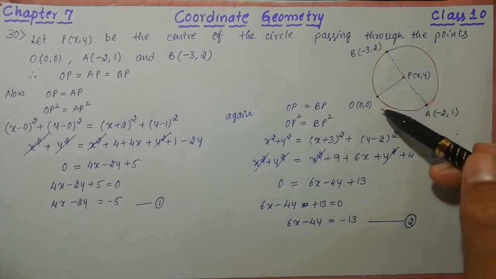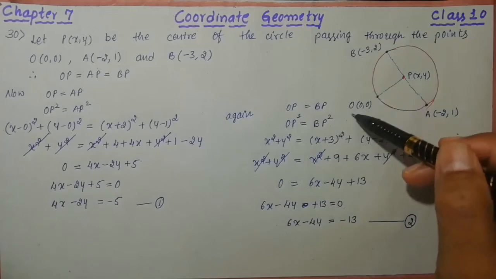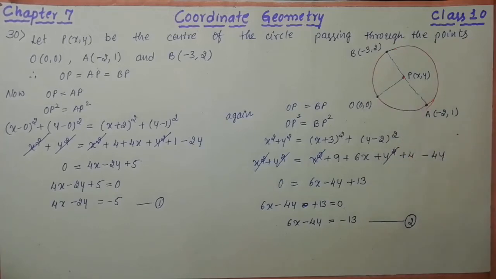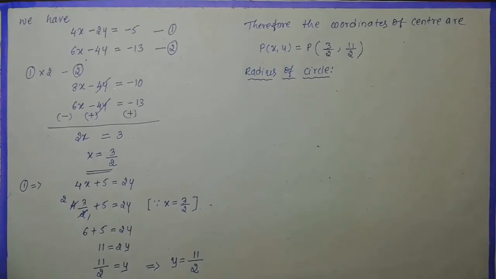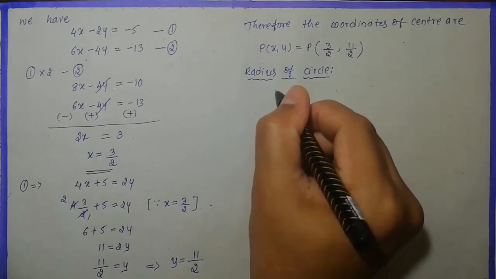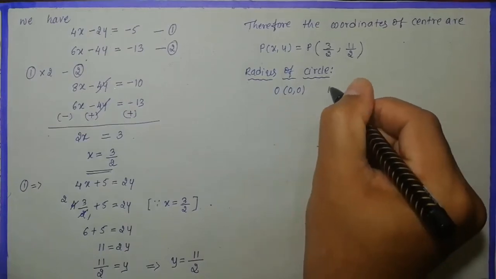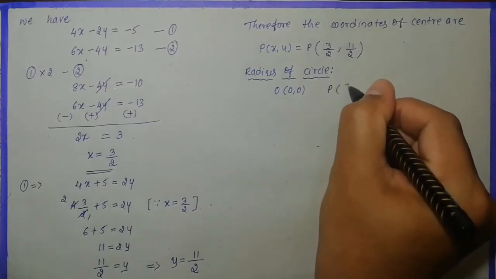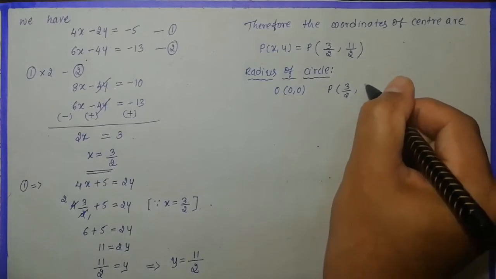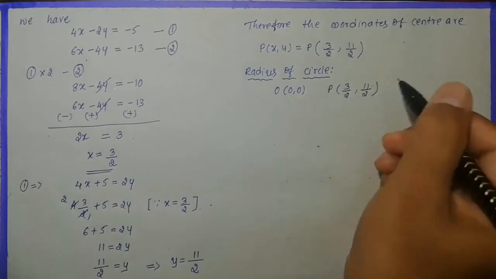Now it is very easy to calculate OP, because here O is 0 comma 0. So that's why I'm going to find OP. If you find the distance from O to P, that is equal to the radius of the circle. So now I'm going to write down O is 0 comma 0 and P is equal to 3 by 2 comma 11 divided by 2. Okay, therefore